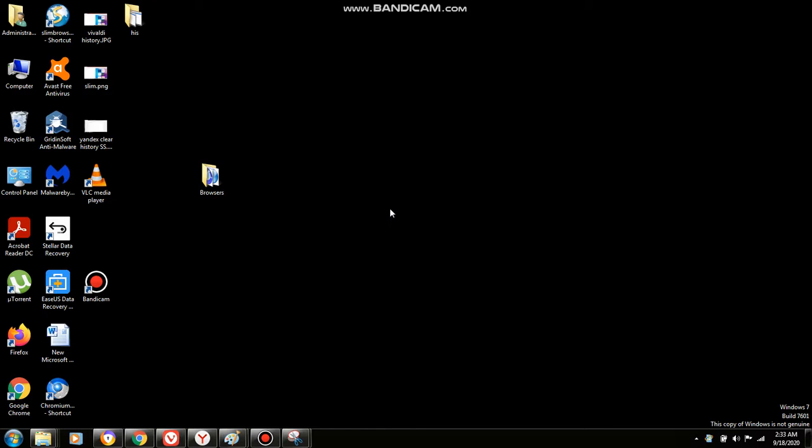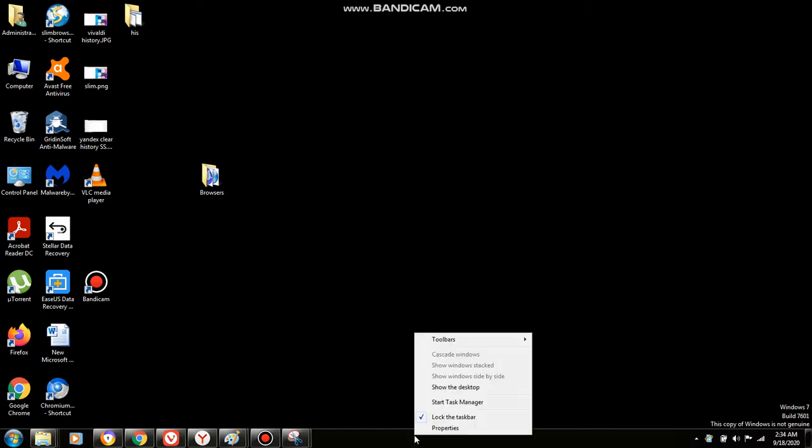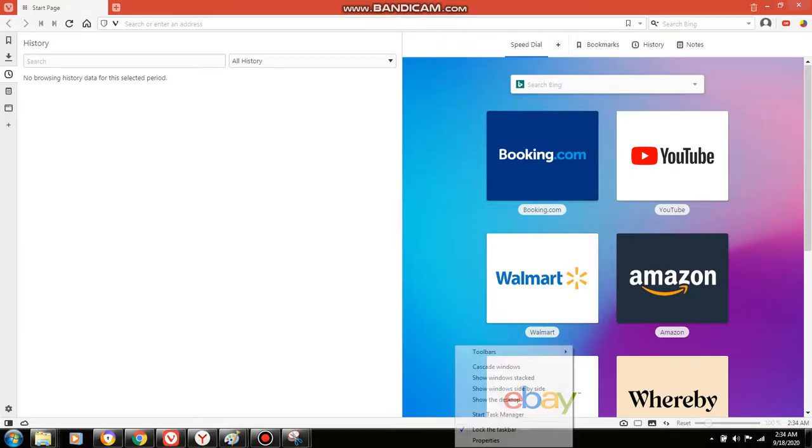all the browsers on the screen, because if you leave your browser minimized, you cannot check if the videos are playing or if they have stuck or any issue has happened to them. You will not be able to monitor them. So there is a simple option. You will right click on your task menu and you can see the option of show windows side by side.